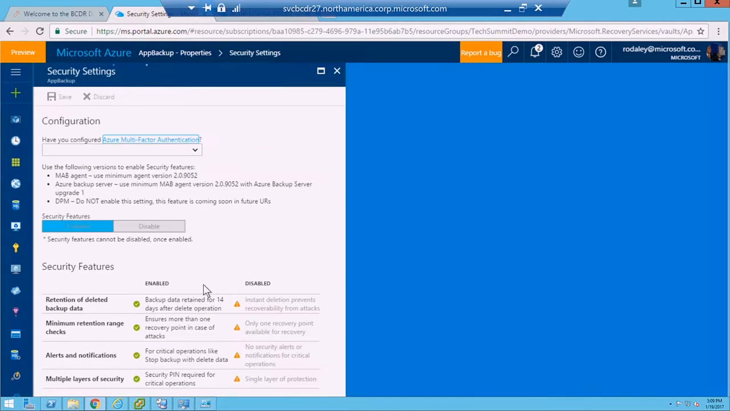Under the security settings option, what you'll see are some settings that apply security requirements for your backup infrastructure. If you want to ensure the retention of deleted backup data for 14 days, ensure that more than one recovery point is kept in case of attack, so you have multiple recovery points, and also alerts and notifications, and a security PIN for